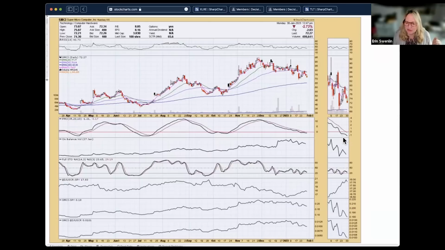But the acceleration to the downside on this, notice the relative strength. You've got a group that's actually performing well, and this one is not. It's underperforming its group. It's underperforming the S&P. Maybe on the short side here, this does not look like a buy candidate. And honestly, if I own this, I would be looking for any excuse to be getting rid of it right now.